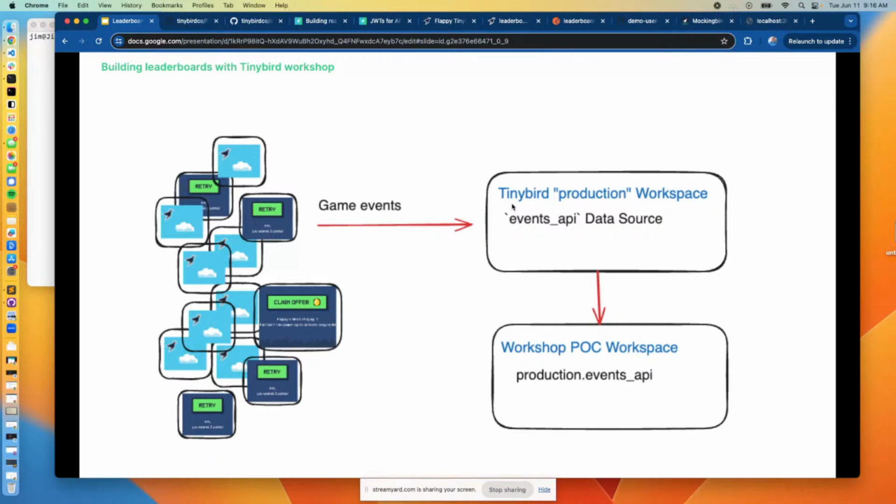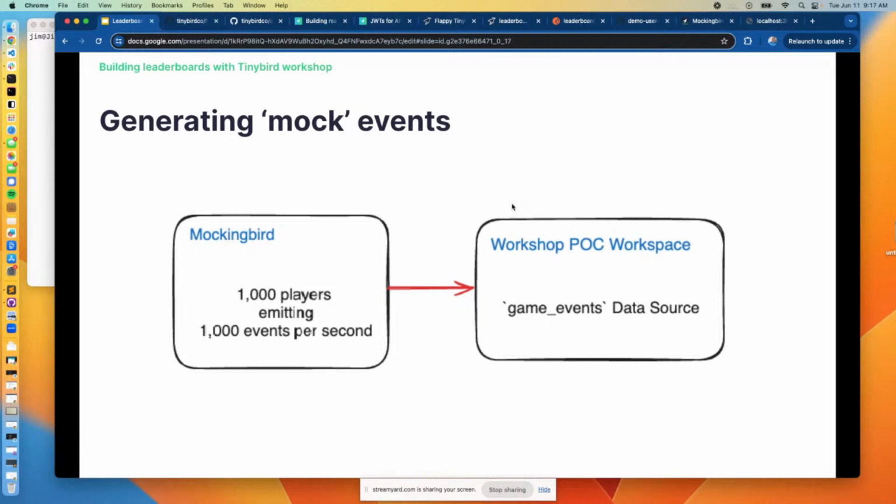What I've done is I've shared that data source, the events API data source, with a new kind of proof of concept workspace. So very nicely, I can share the production data source with a separate development workspace. And if you're pondering building leaderboards or any other user-facing analytics feature, you might consider this workspace pattern, especially as you get started. And again, if we have time at the end, I'm going to use a tool we call